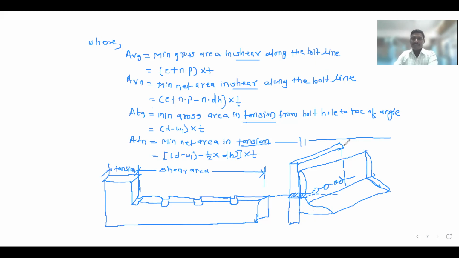It means this is your shear area, up to the center of this bolt, this is your shear area, and from the center of this bolt to this is your tension area. लक्षात घ्या. आता हा काय केलेला आहे हो, हा बोल्टचा जो वरचा एरिया हा सगळा दिसतोय. This is your total section will fail.